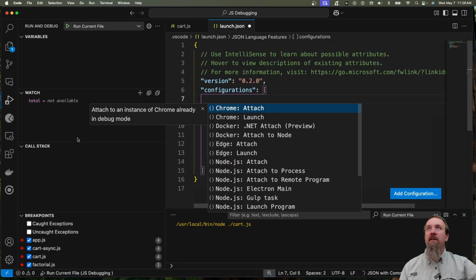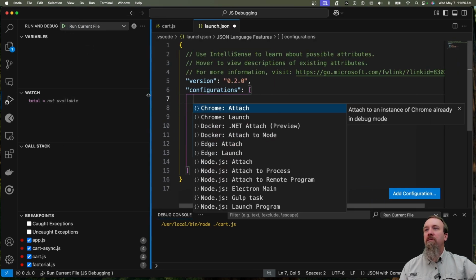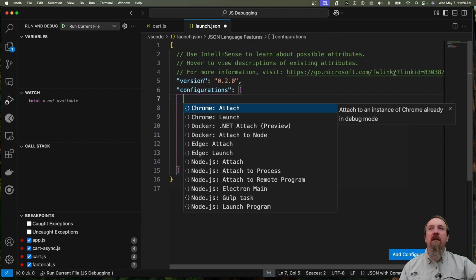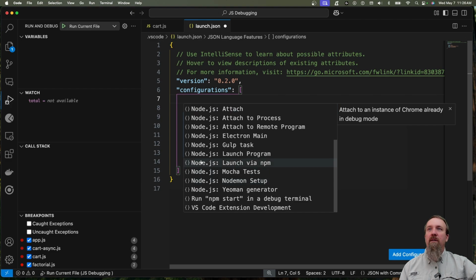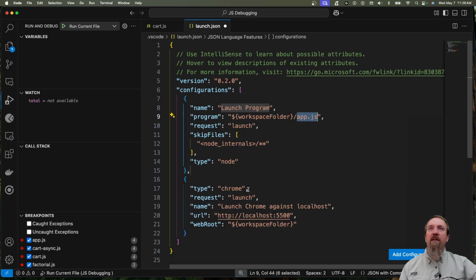Okay, so we can come in here. It's going to open our launch.json for us. Let's close down that terminal, give ourselves a little more room. And now you notice it's giving us a bunch of options. For example, we might want to do Node.js and we want attach, or we might want launch. So in fact, let's choose launch, and notice